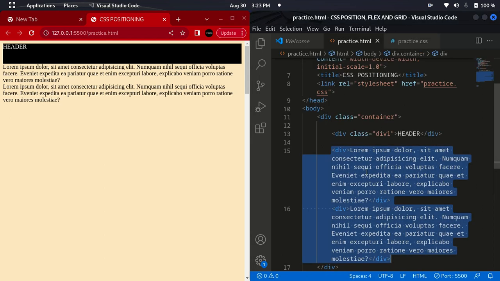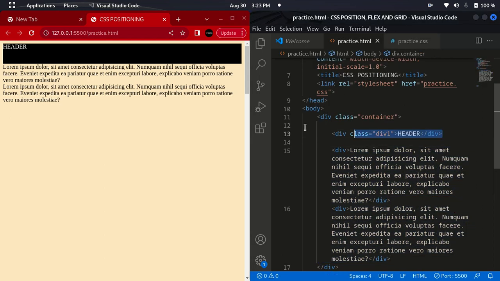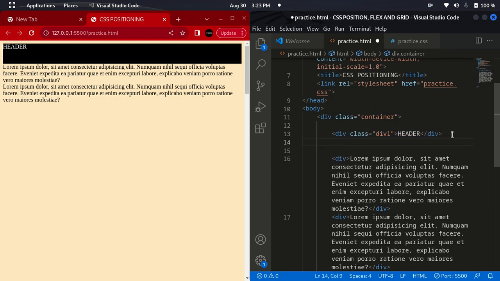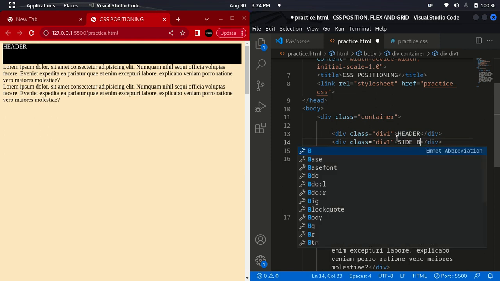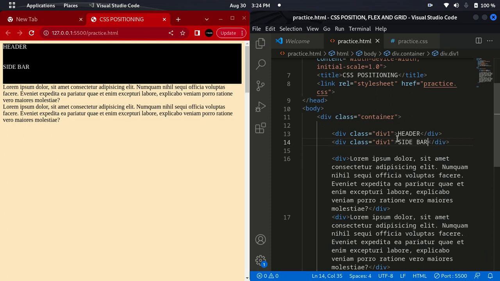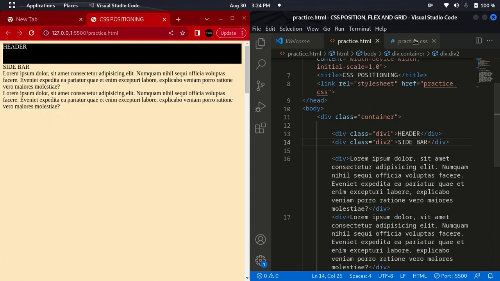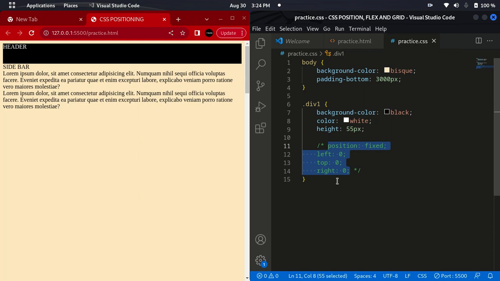Let me double this box. Let me make 2 of it. Let me copy it. Control C and Control V to paste. I'll name this sidebar. Sidebar and save. So this is it. I'm going to give it div2. Let me call it the class div2, and I'm going to go to my CSS